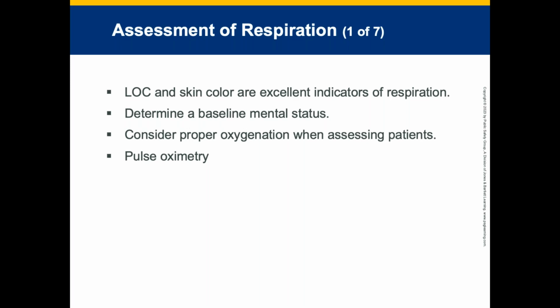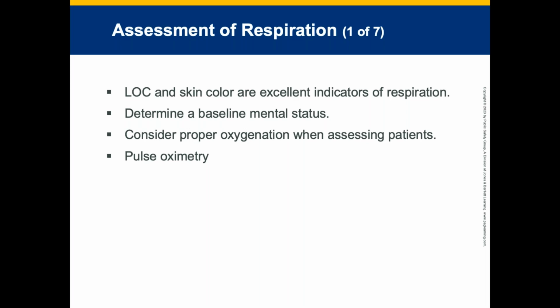Determine the baseline mental status of the patient. So if they already have dementia, what is baseline for them? Are they always confused, right? Or are they normally alert and oriented, CAO times 4, with a GCS of 15, and now they're confused. Why, right? Consider the proper oxygenation when assessing the patient, looking at pulse oximetry, and remember it is a non-invasive